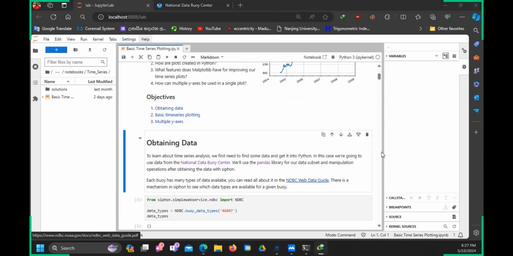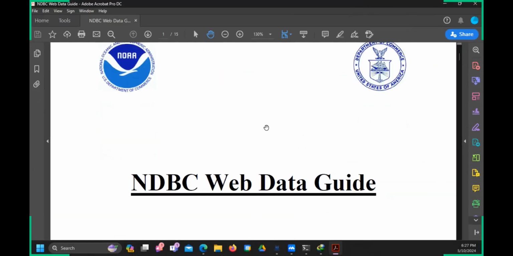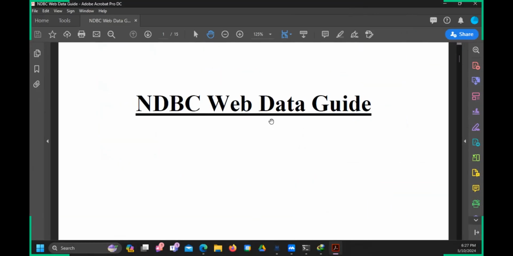If you click NDBC web data guide, you can get a sample document of how you can use this NDBC connector and how to access data using this one. So you can click and download that file also. So here is that file. So if you go through this file, you can see